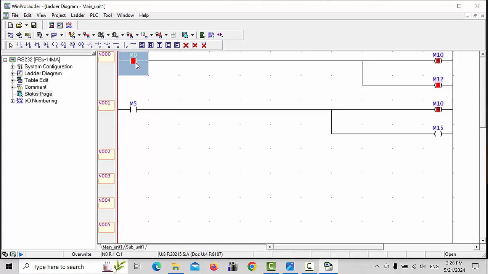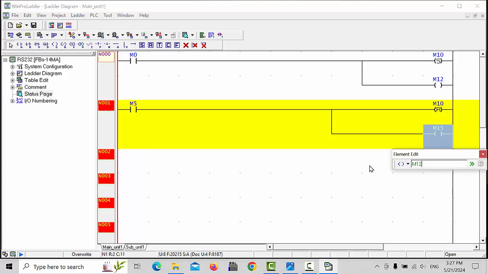See, M10 on and make it off, this M12 is off, but M10 is on. As you make it signal, your M10 will be closed, reset, and this M15 is on. This will make the correction. M12, I will fix this one, M12,